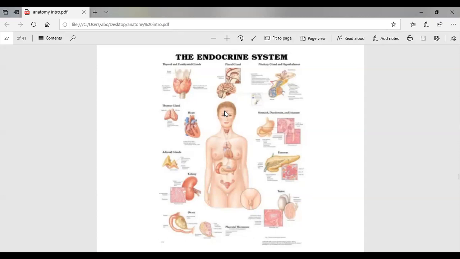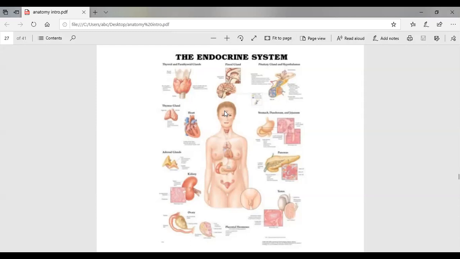So there are many. For example, the brain itself has many glands inside it. The stomach has many glands inside it. The kidney has, the ovaries and the testes. The ovaries and testes are the female and male reproductive organs respectively. They also produce different types of hormones. Even the pancreas forms insulin. What is insulin? You might have heard insulin is related to diabetes, right? So if we have very low insulin, we will get diabetes type 1 or type 2 depending on the type of damage to the pancreas. So these are the different organs which produce hormones.